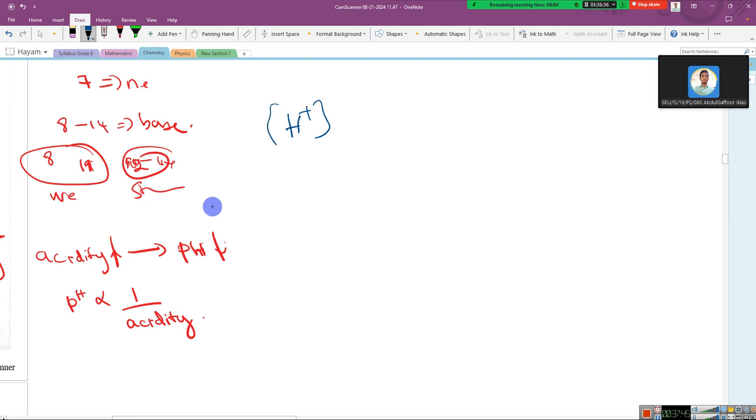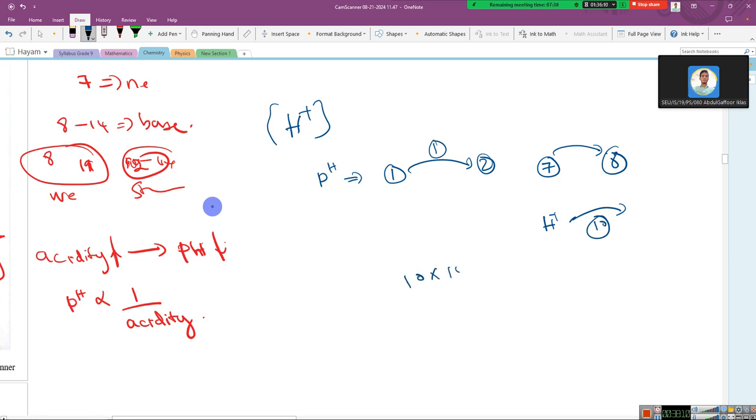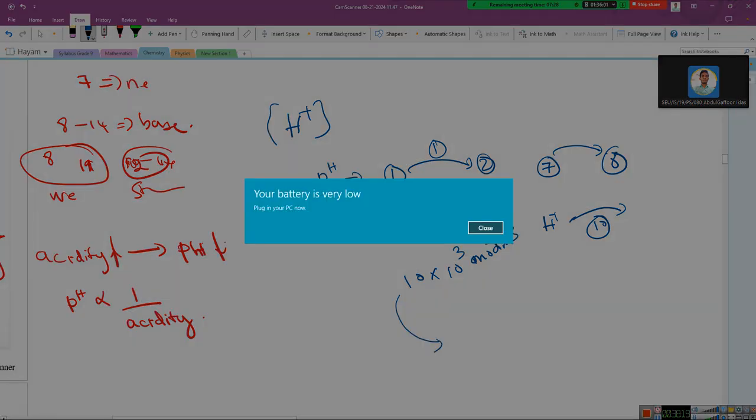So now in this point, what they are telling is, if you increase pH, let's say pH goes from 1 to 2, the difference is 1. It doesn't necessarily have to go from 1 to 2. It can even go from 7 to 8, right? In that case, the H plus concentration will reduce by 10 fold. So for example, if you have 10 power minus 3 mole decimeter minus 3, then if you reduce the concentration of H plus only, this is possible. The pH will